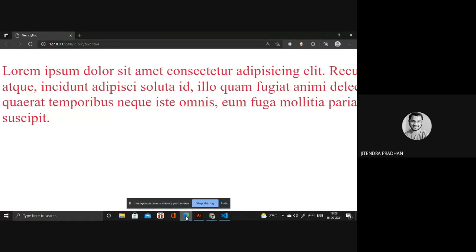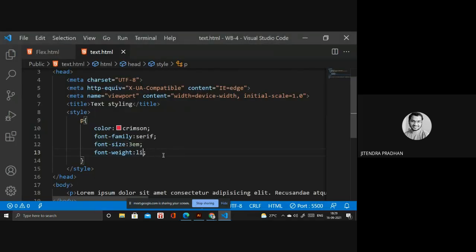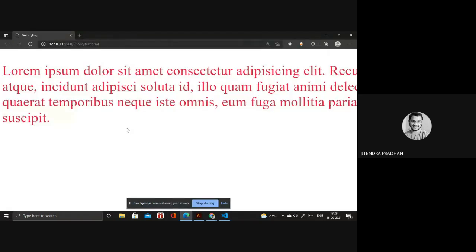Basically, we use font weight for bolding a text or making a lighter text. If you give 100 or 200 inside that, it also works, but it does not affect it much more than that. It changes a little bit.